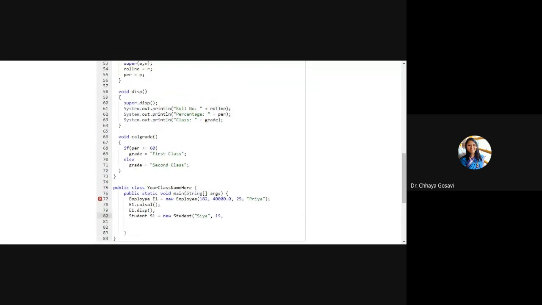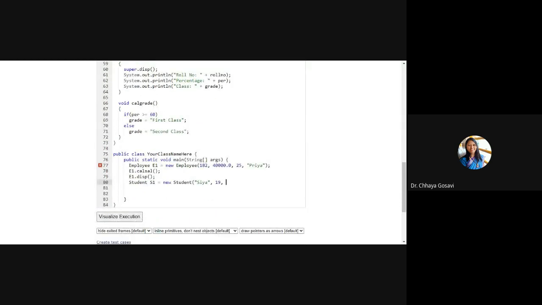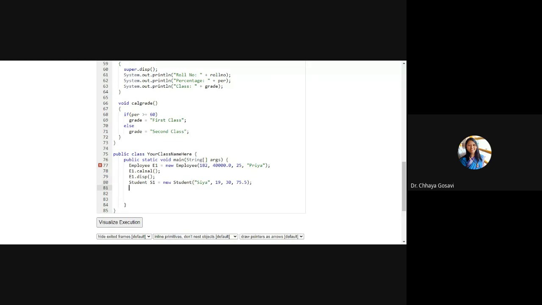Then roll number say 30 and percentage say 75.5. I have to give it in double, that's why 75.5. And then you can call methods of the student class. First calculate grade and display.